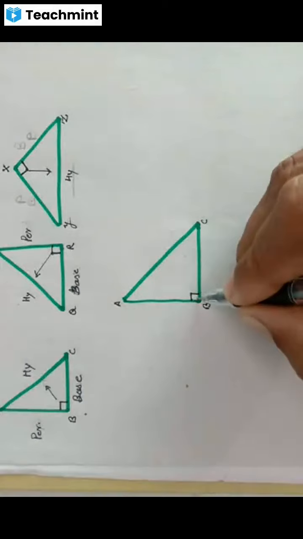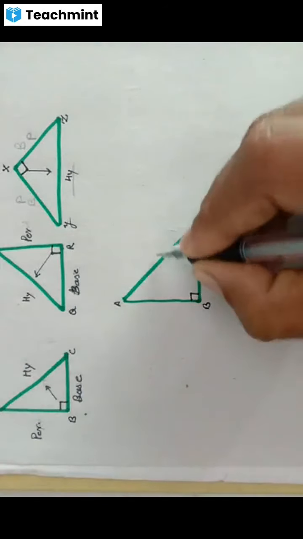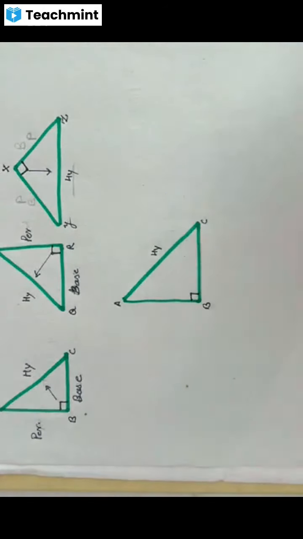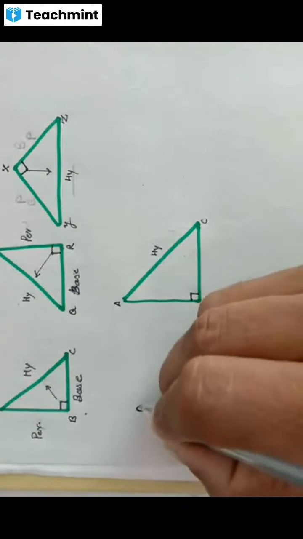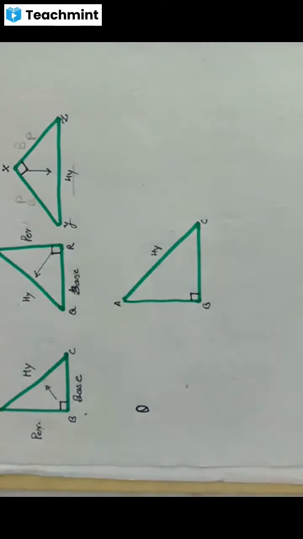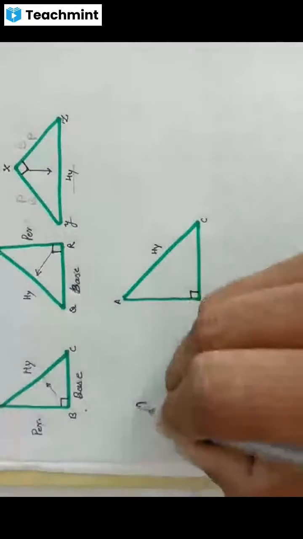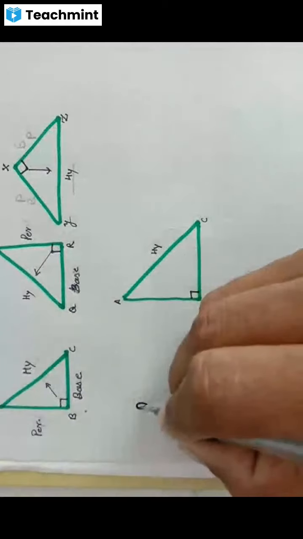So once we observe that 90 degrees is there, in front of this I can easily write this side is our hypotenuse side. But now I have to observe where this type of figure called theta is. What is the name of the figure? The name of the figure is called theta. Are you listening? What is theta? The name of the figure is called theta. So we will observe the position of theta.